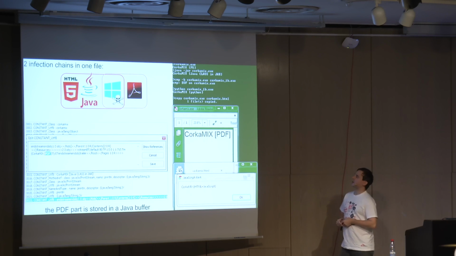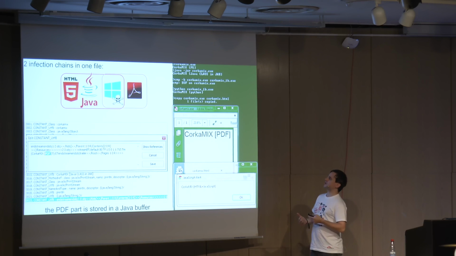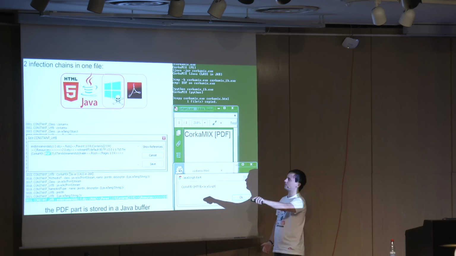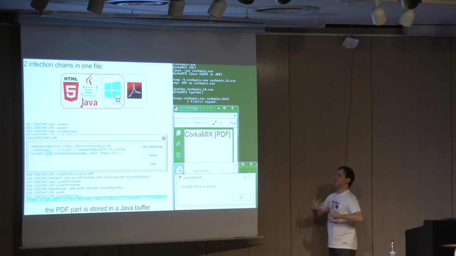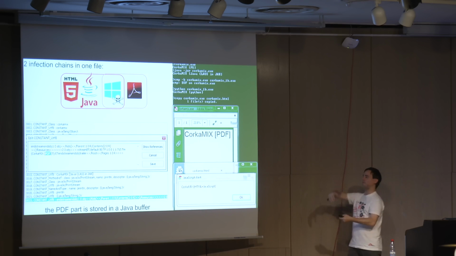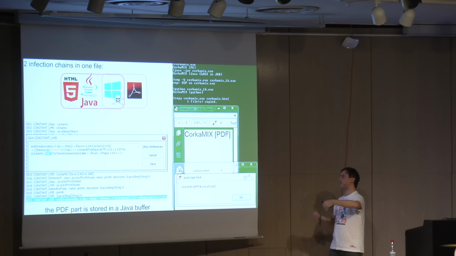As an example, I made this file, which was HTML, Java, Windows executable, and a PDF in the same file. It's interesting because HTML launching a Java, dropping a PE, or a PDF exploiting and dropping a PE are two valid infection chains, and those two infection chains are present in the same file. And because I built the file entirely myself, the PDF part of the document is actually inside the Java. So it's not just stacking stuff together, but putting one format inside the other.